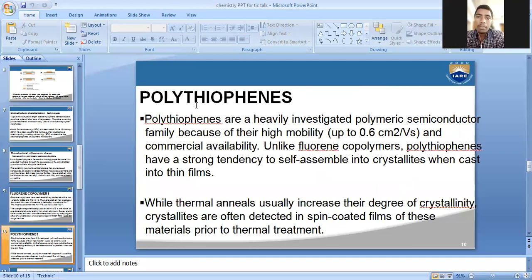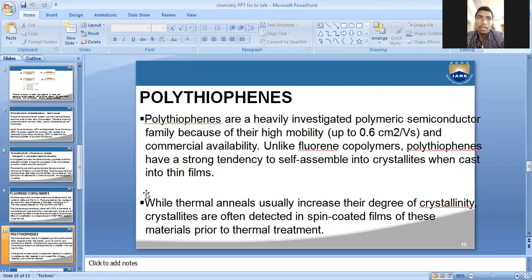Polythiophenes. The second part of the polymers, as we said there are two families, and the second family is polythiophenes. Polythiophenes are a heavily investigated polymeric semiconductor family because of their high mobility, up to 0.6 square centimeters per volt-second, and commercial availability. Unlike fluorene copolymers, polythiophenes have a strong tendency to self-assemble into crystallites when cast into thin films. It means that, apart from the fluorene polymers, polythiophenes have the capability of self-assembling into crystals or thin sheets or